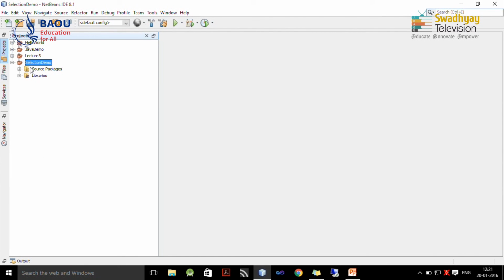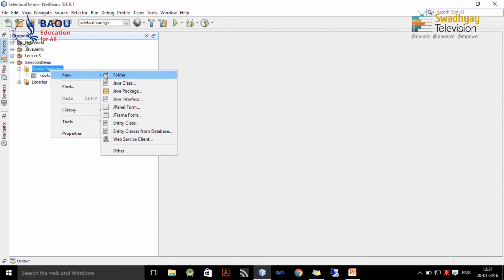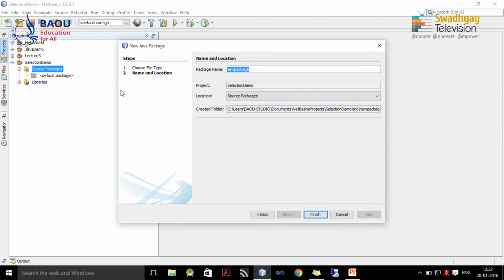If you follow the mouse pointer, you can see this is our project SelectionDemo. Now, expand Source Packages, right click on Source Packages and then New and then Java Package. Here I give my package name as mypackage, and I will store all the classes inside this package with the name mypackage.